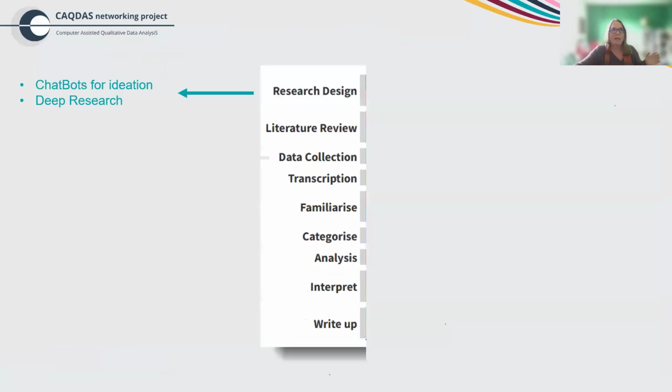So what I'm going to do is take each of these and just say a few things about capabilities. So first of all, if we think about designing our research, I'd be very interested, just put yes or no into the chat. Have you used ChatGPT or something similar in the past, whether it's for qualitative research or anything else? I'm expecting to get more yeses than nos, but let's see. Quite a lot of yeses.